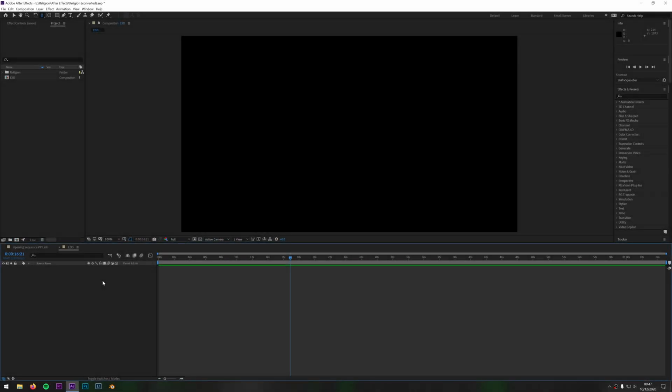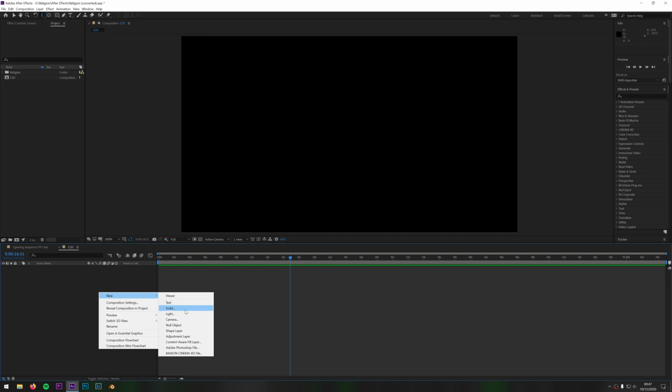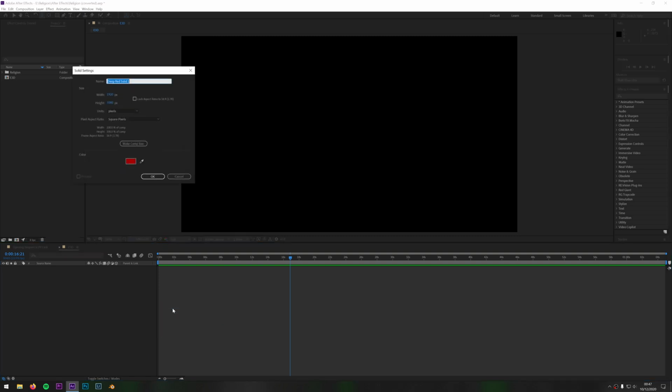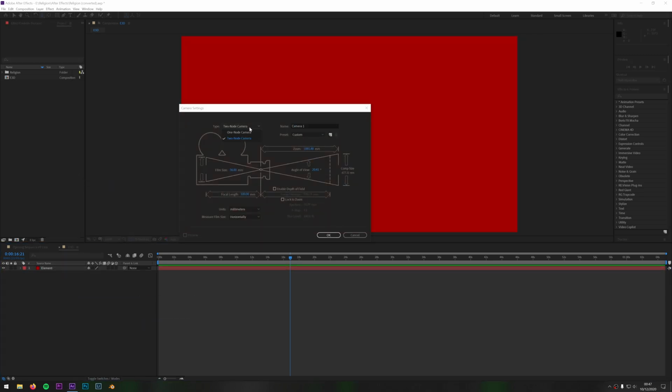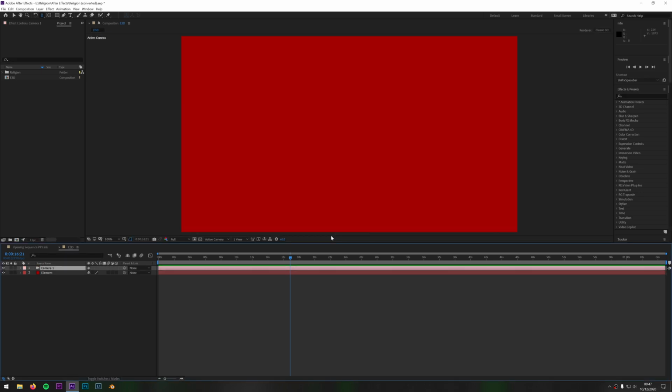Okay, so this is going to be my quick and dirty tutorial on how to create a 3D fly-through scene. So if you come down into your composition, right click, hit new, and then come over to solid, and then if you want to name that, I name mine element, and then you want to right click, new, create a camera. I like to use a 2-node camera, it's a lot easier to use. I'm not going to get into depth now the difference between the two, but this is the one I like to use. So 2-node camera, and you can keep all these settings pretty much the same, and then hit OK.